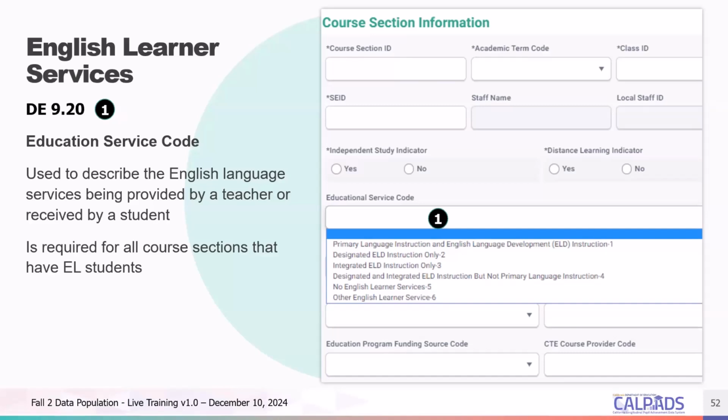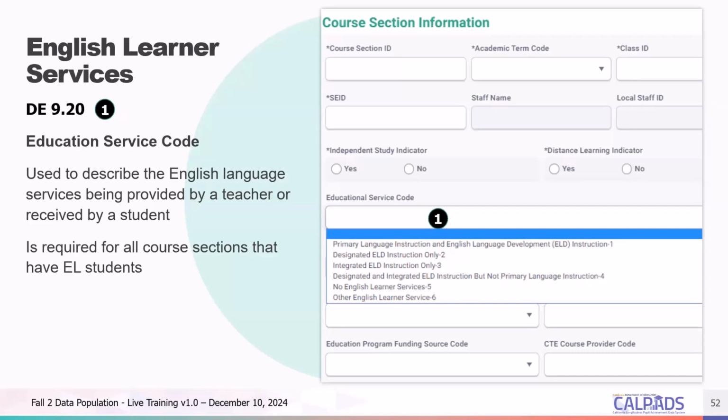Report 2.4, English Learner Education Services, student count unduplicated, provides the total number of English learners at each school. And of those English learners, it provides the English Learner Education Services that they're receiving in the course sections that they're enrolled in. Students receiving multiple English Learner Services are reported in only one English Learner Service based on hierarchy rules. And that's primarily because these combine. And so if you're providing multiple, you can likely logically arrive at a single code.